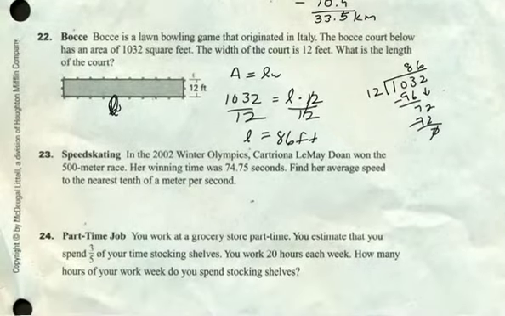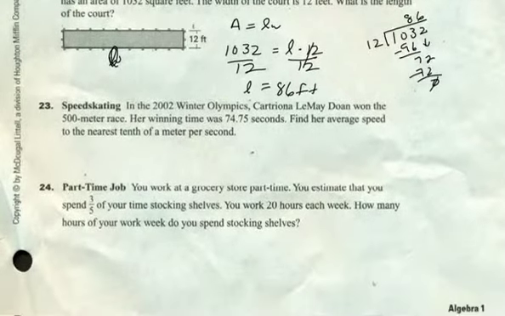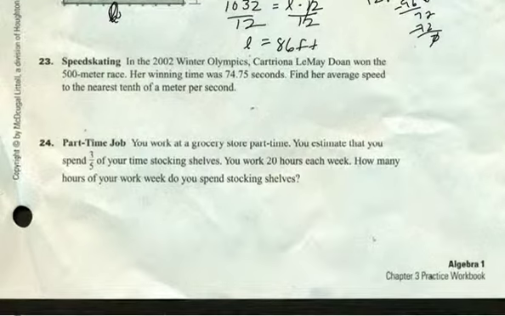Okay, speed skating. In the 2002 Winter Olympics, Catriona LeMay-Doan won the 500-meter race. Her winning time was 74.75 seconds. Find her average speed to the nearest tenth of a meter per second. So this was speed skating. So she went 500 meters, and it took her